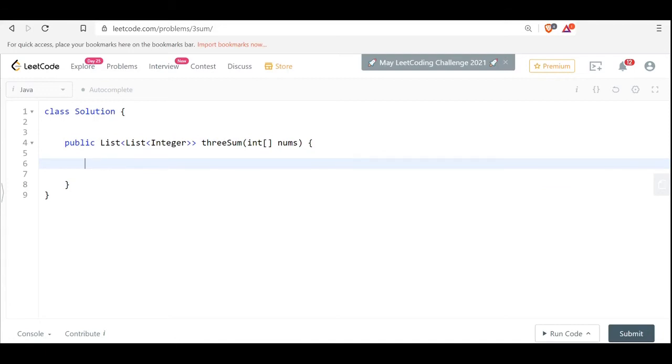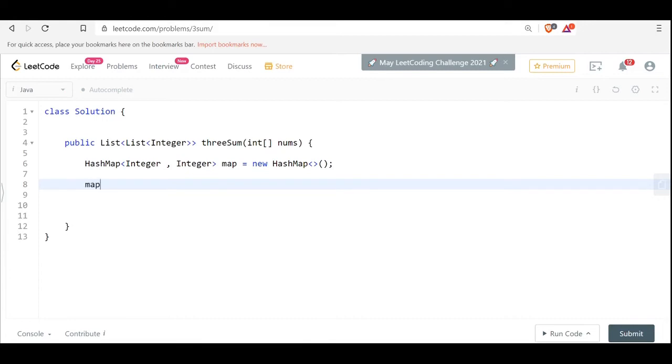What I'm saying is that a hash map, Integer, Integer map is equal to new hash map. Right? And then I say that for, let's suppose we will be needing the length here.